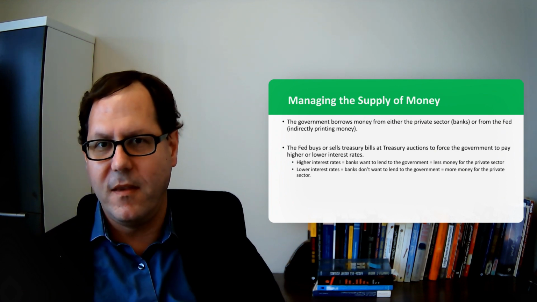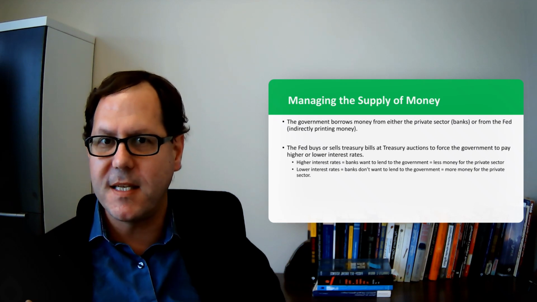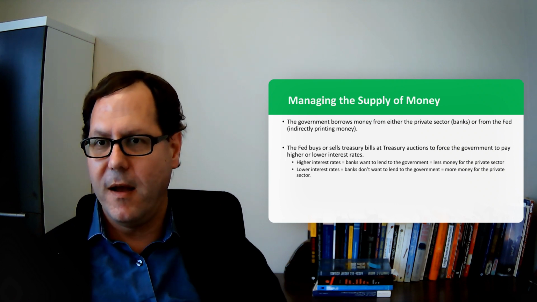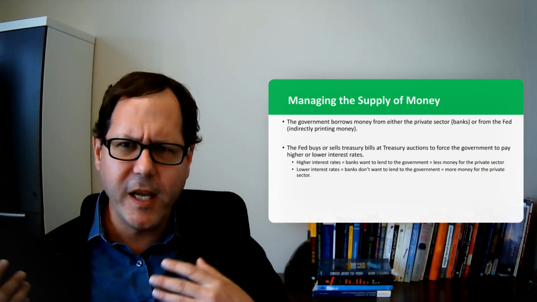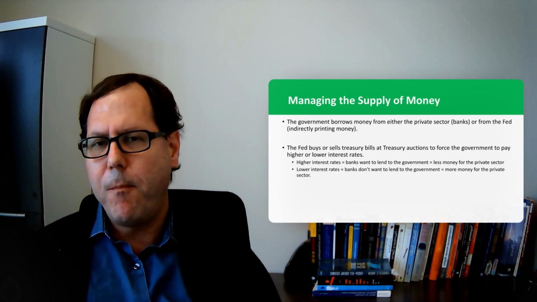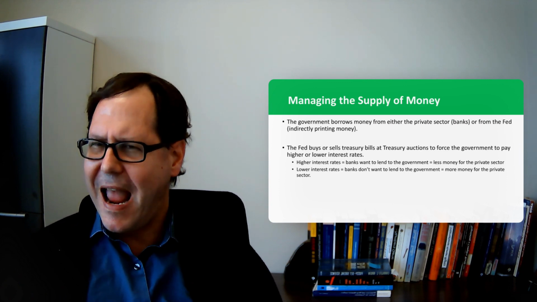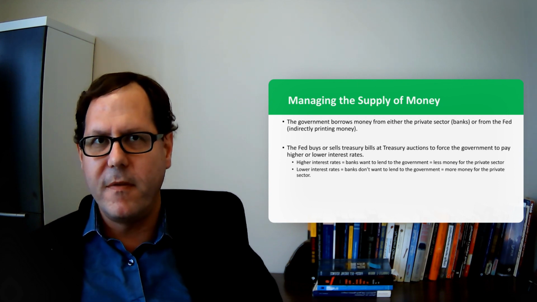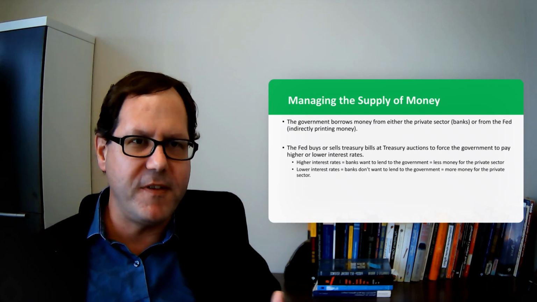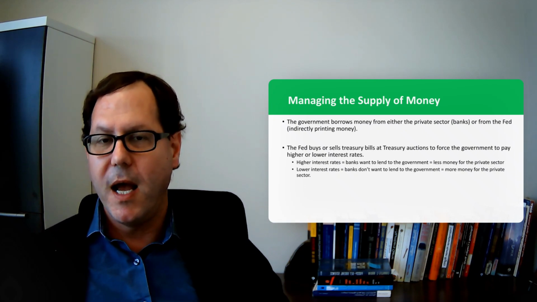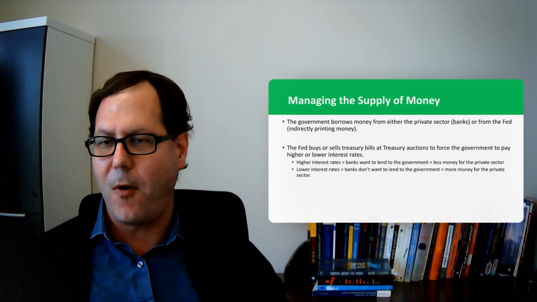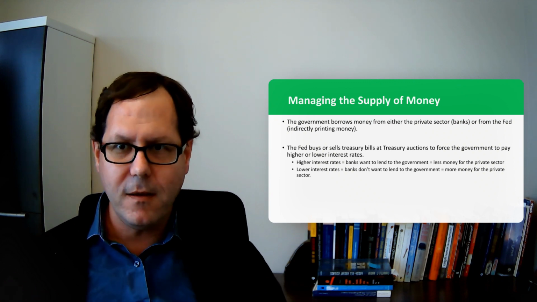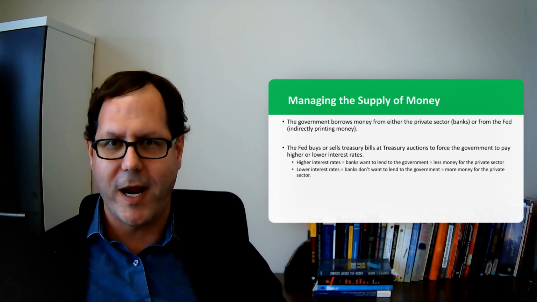And that has a whole host of effects. So when the government borrows money, it's essentially pulling money out of circulation that could be used in the private sector. And it's putting it into treasury bills. It'll get redistributed in federal government spending, but by pulling money away from the private sector and by changing those interest rates, the decision to manage the supply of money has all of these other effects on the larger economy. Because if interest rates go up on federal government debt, those interest rates are going to be appealing to bankers who want to get high interest rates when they lend money.